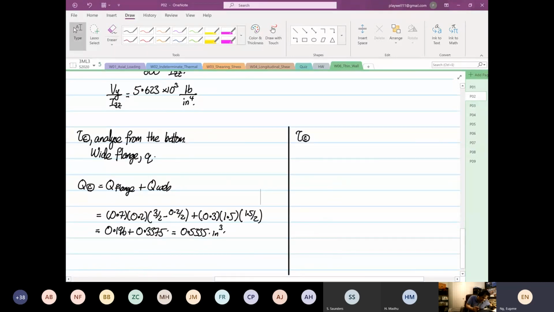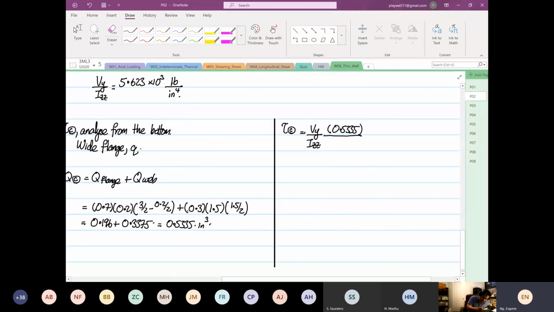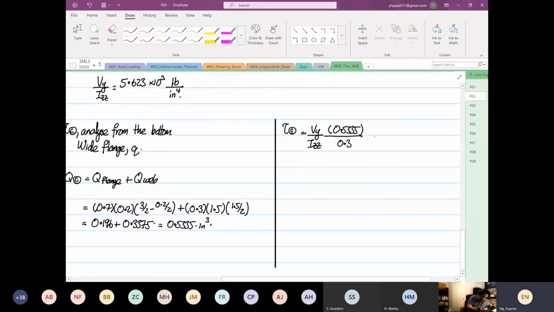So we just call it the shear at point C if we're not sure. So this is equal to Vy over Izz, 0.5335, divide by the thickness, which is 0.3. So this is equal to 0.5335 by 0.3. So what we know is this value is 1 down here because it's white flange, okay? I know you don't need to put down, but I just remind you. Right? So the shear